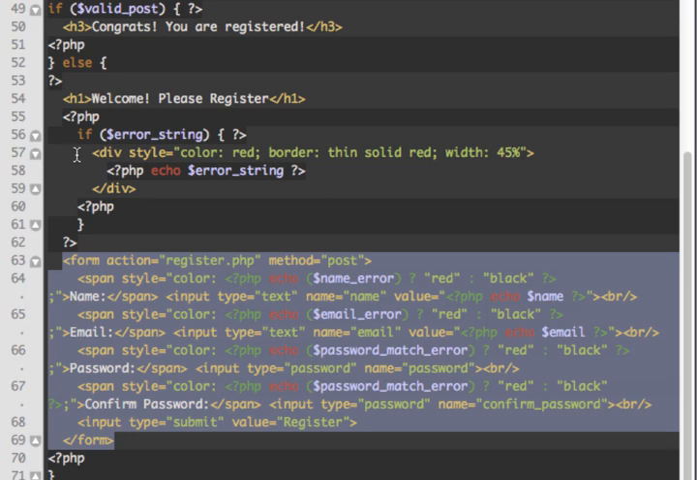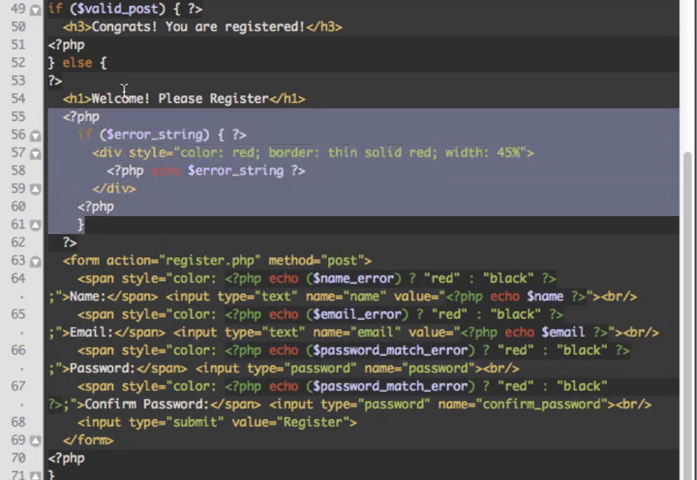We also have this error parts coming up here, and then we have this please register. We also have this congratulations method. And in fact, the update page is going to work a lot like the register page. And so